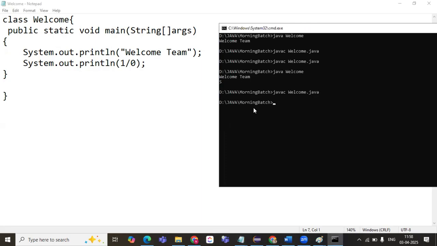Am I getting any error at this point? No, ma'am. Right? So the dot class file has been created successfully. There is no syntax error, and I am not violating any rules here. That is why it has compiled successfully. But when I try to